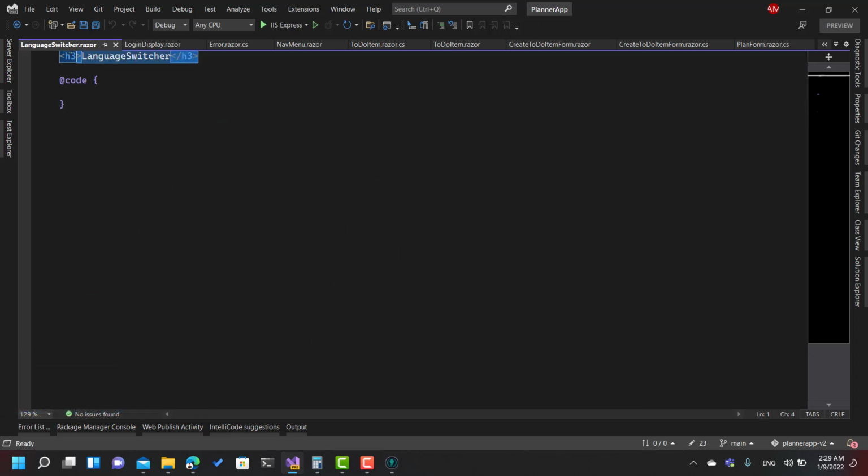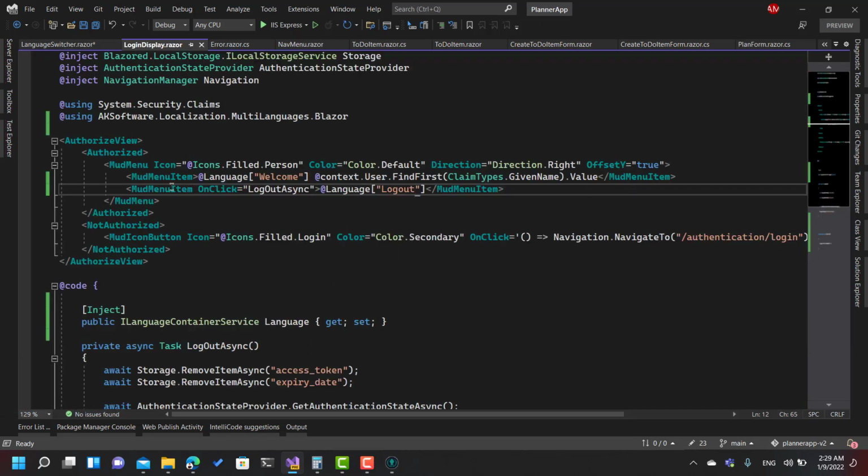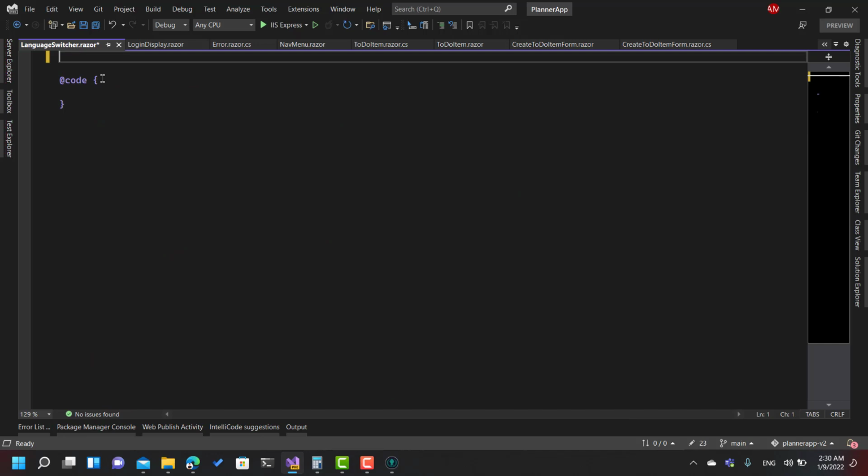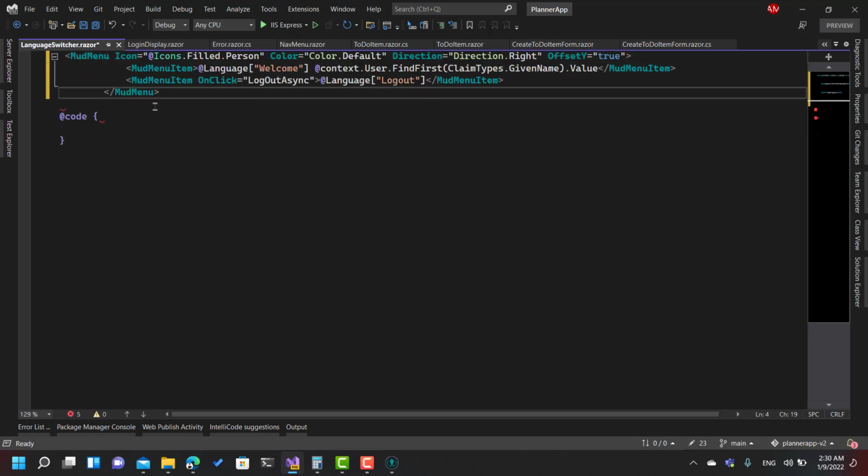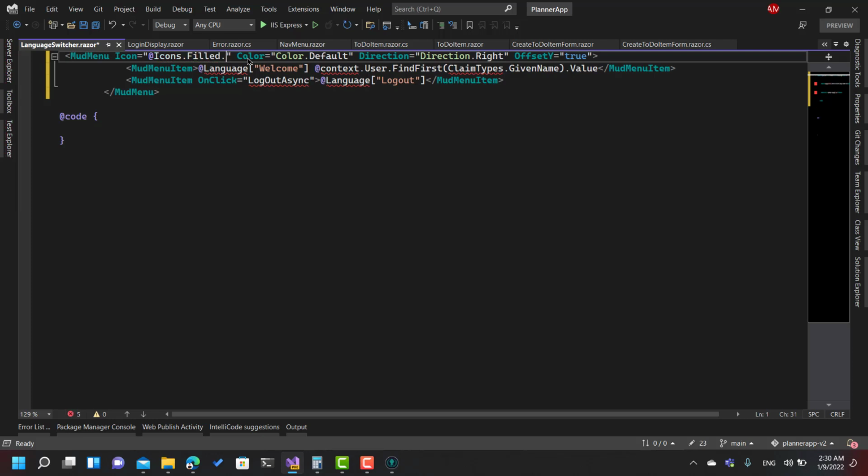Okay, here. So exactly the same thing. You know that login display had this, which is a mod menu, and we are going to have the exact same thing. Here we will have a mod menu, but instead of the icon of the person, we will have the icon of